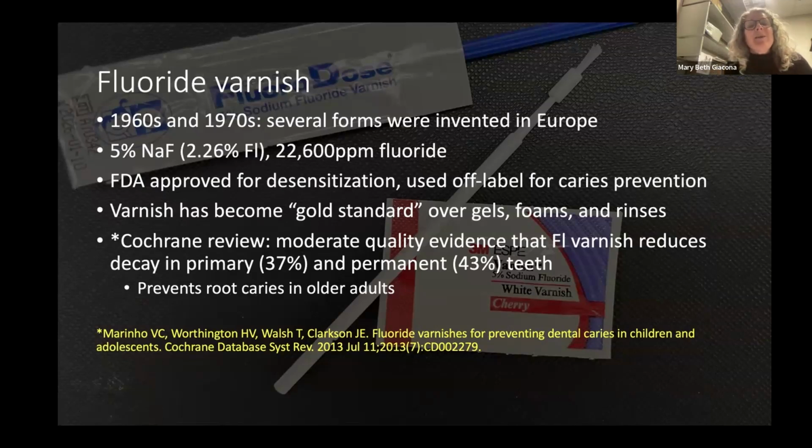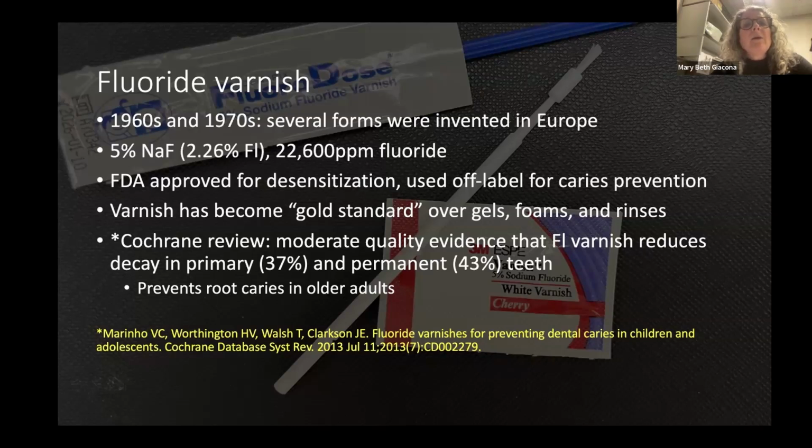So let's talk a little bit about fluoride varnish. I talked about at home we have toothpaste, and professionally we have gels, foams, mousses, and rinses with higher concentrations of fluoride, typically 5% sodium fluoride, which means it's 22,600 parts per million fluoride. But the one that we are most excited about and that most every dental office is using these days is fluoride